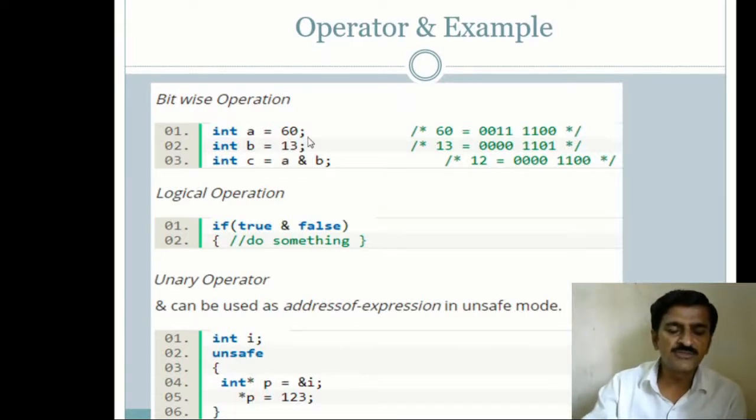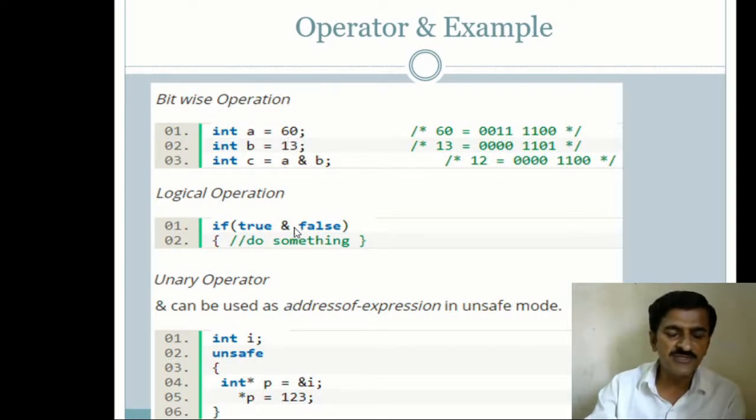So how can the single AND operator be used for a different purpose? Here we can use the single AND operator for performing the bitwise operation. If the value of A is 60, the binary number may be 00111100. If B is equal to 30, the binary value is like this. And if you write the statement C equal to A AND B, it means performing the bitwise operation between A and B, and the result will be like this.